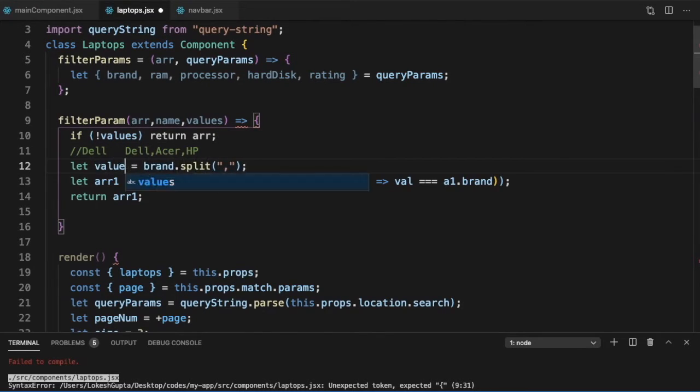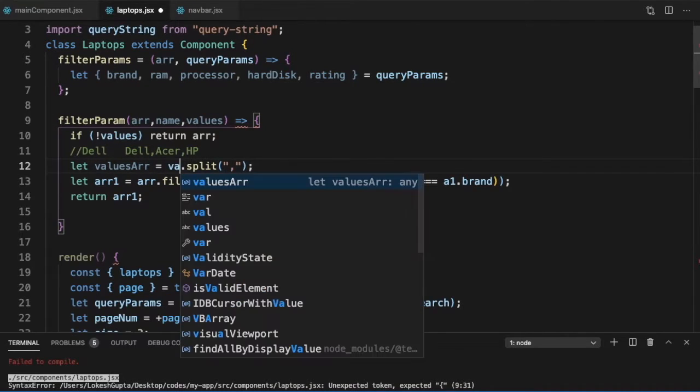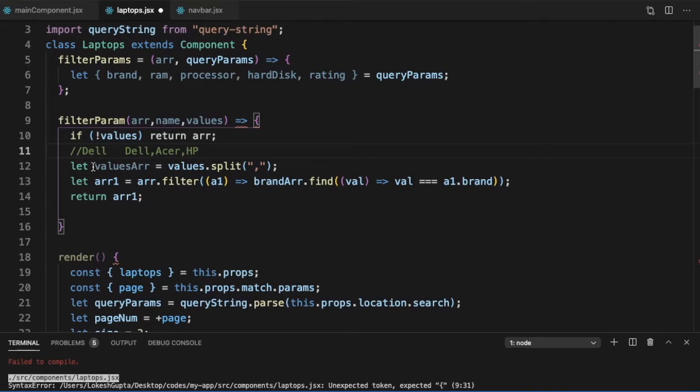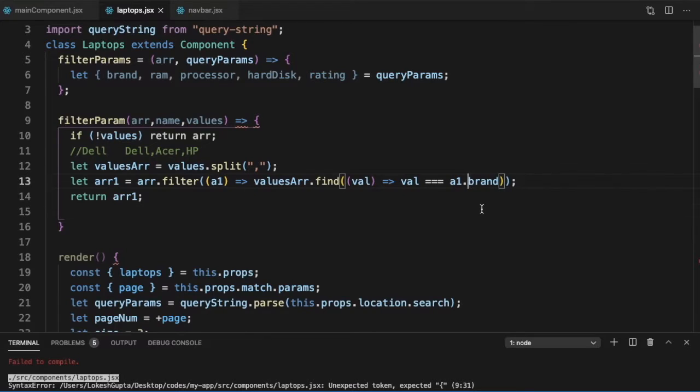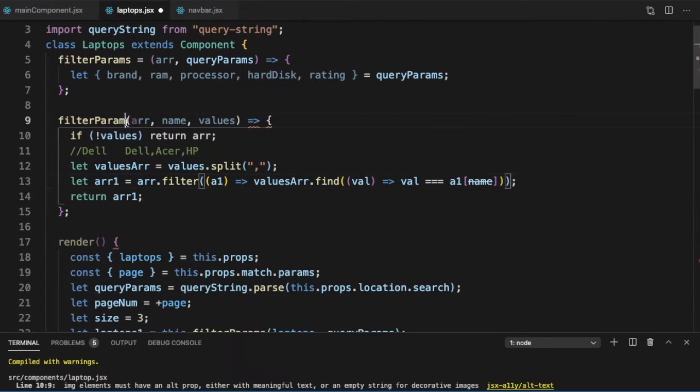Let's call it valuesArray is values.split. And here, instead of brand, I can just put it arr1 name. And we can return arr1.